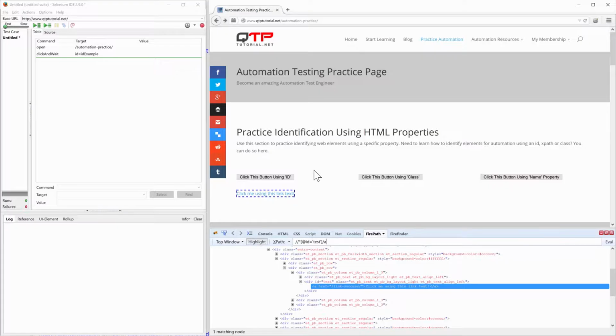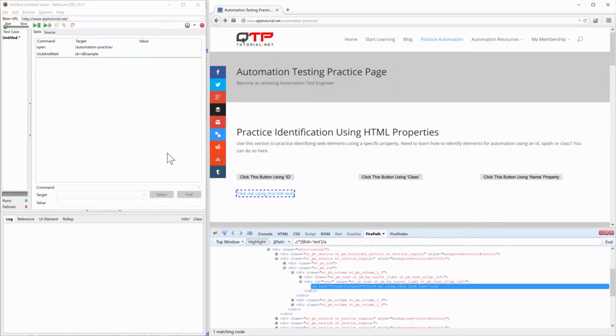Don't ever think of using it. And if you're taking my course and you're using this tool, I'm going to be very angry, and you and I will have a serious chat. But the reason I like Selenium IDE is it gives you a good introduction to how to identify